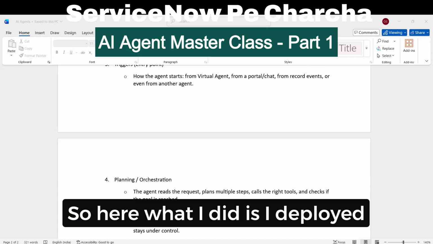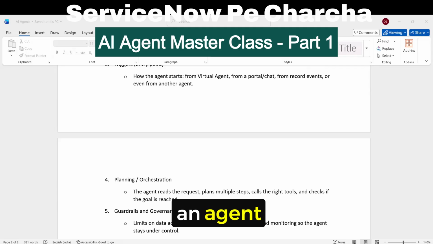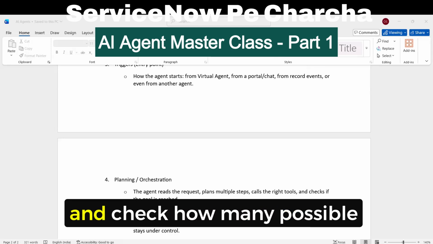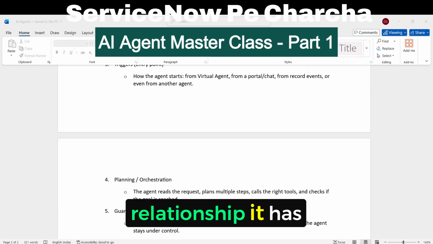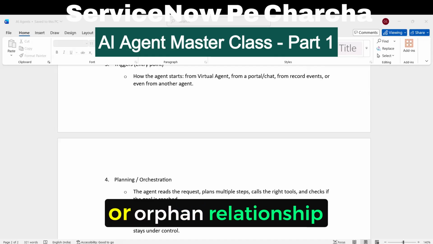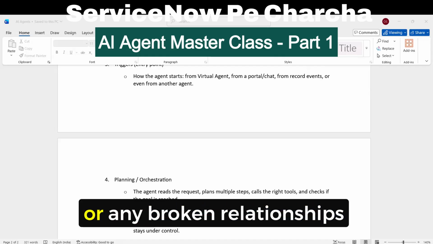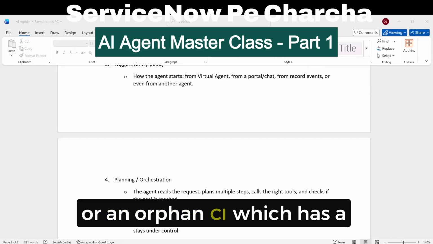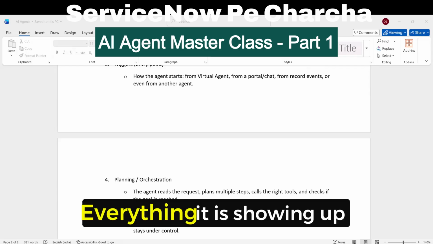So here what I did is I deployed an agent. When I click on CI health load dependencies, it goes to the computer table and checks how many possible relationships it has, and whether they are duplicate relationships, orphan relationships, or any broken relationships, like stale CIs or orphan CIs which have a broken parent. Everything it is showing up